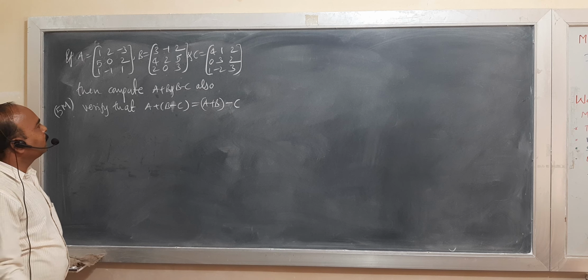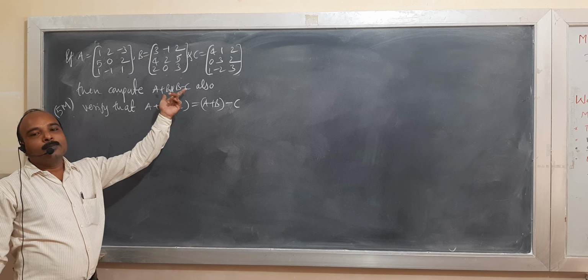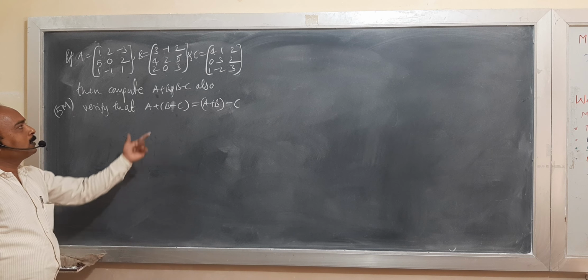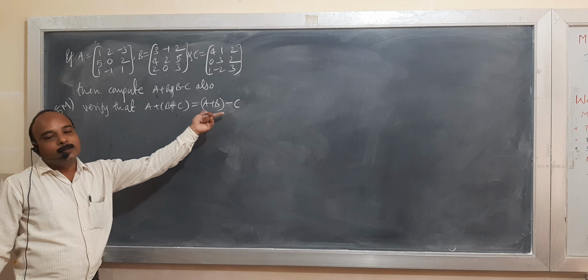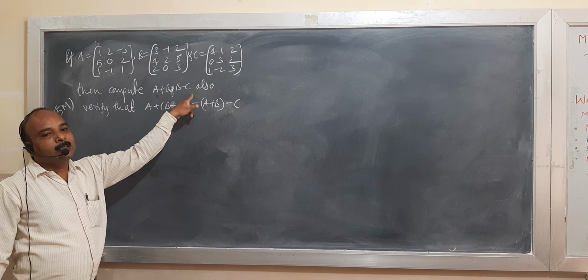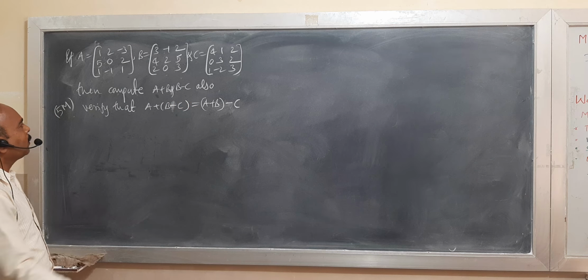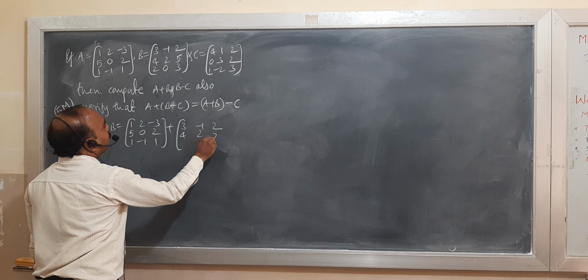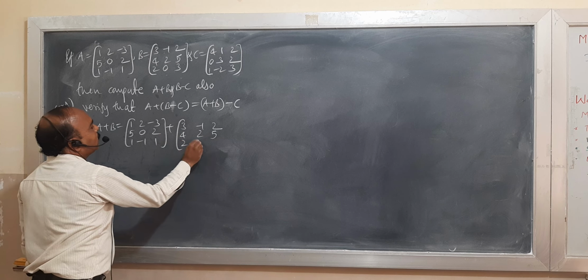Now we solve this example. It is nothing but the associative property of the addition of matrices. Here first we calculate the left hand side, afterwards we go for the right hand side. So before that they asked to find the A plus B and B minus C value. First to calculate the value of A plus B. A plus B is given by [1, 2, minus 3; 5, 0, 2; 1, minus 1, 1] plus B, which is [3, minus 1, 2; 4, 2, 5; 2, 0, 3].